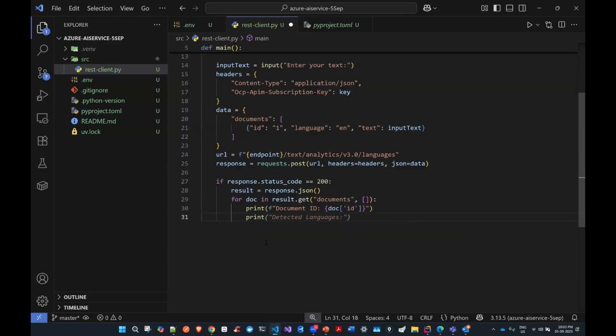I'm just printing here the detected language. So what is the language we are detecting? I can get it simply using the doc. Then we have the detected language and name for it. Let me format the text here.